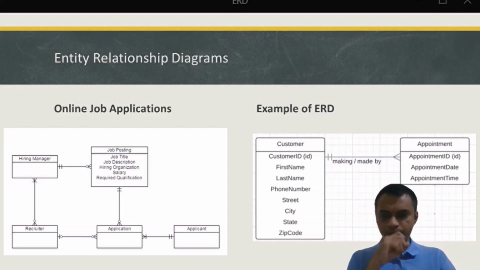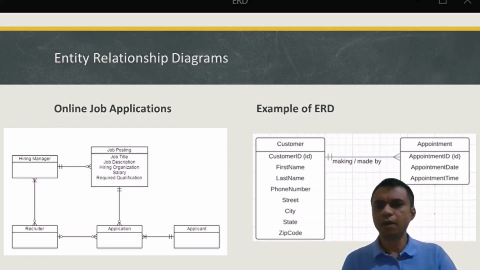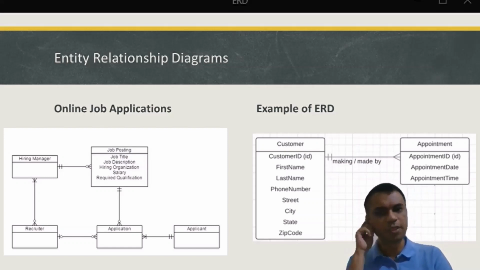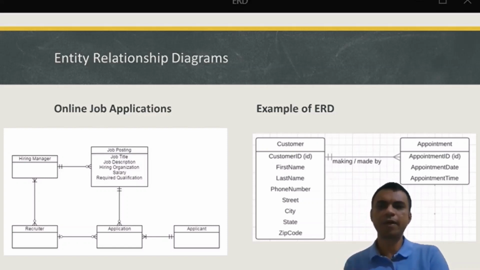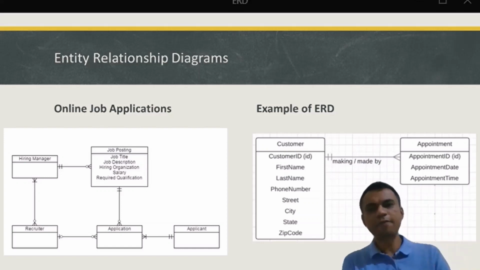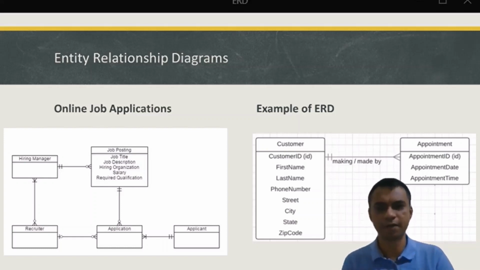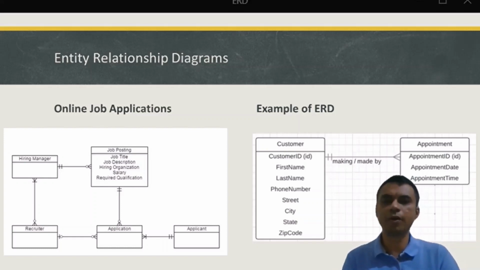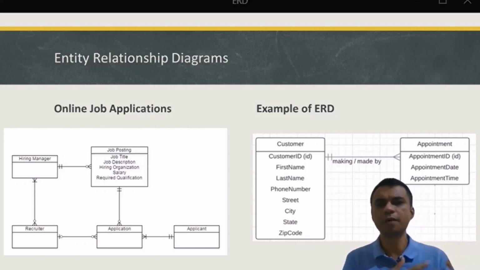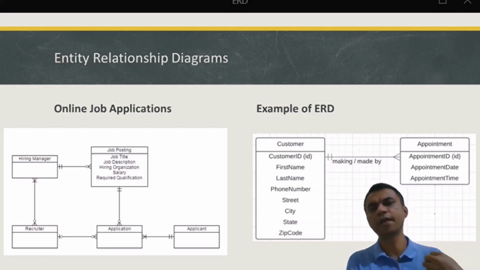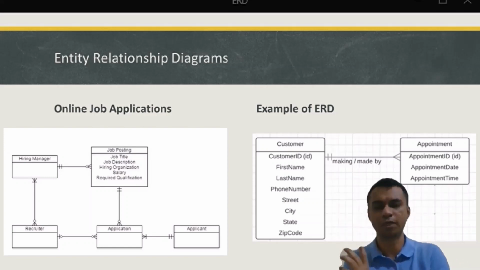Now coming to the other side, one recruiter. So this is a situation which I have sort of specified, where one recruiter can have many applications, which is optional. Every application will have only one recruiter, or it's optional because they may not have any recruiter also. So this is one way I have specified it. But it is possible in some situations where an application can be routed through multiple recruiters.